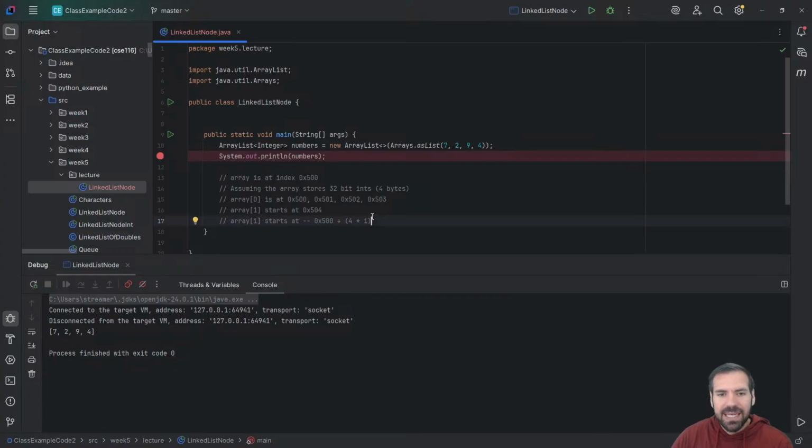The downside to this, so random access is a really nice feature. The downside to this is that an array cannot change size ever. We cannot change the size of an array. If I create this array with 4 values, I cannot, and remember, I'm talking about